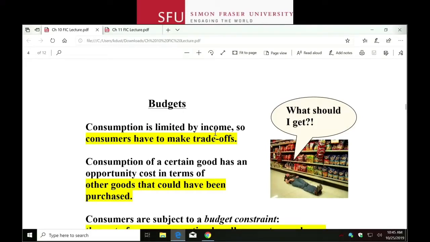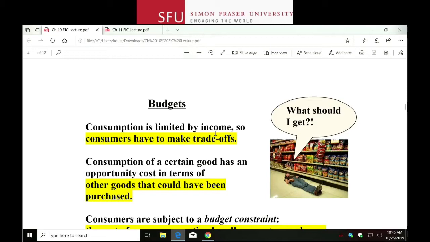But we are not going to talk about that in this class because that is a more complicated decision. When you borrow money to buy things today, that creates a trade-off over time because you get the goods today, but you're going to have to pay for it in the future, which means you'll have less money in the future while you try to pay off your debts. That's a more complicated decision, and I'm sure you'll talk about that if you go on in economics. But for this class, we're going to assume that nobody borrows money. You just have your certain amount of money, and that's it.